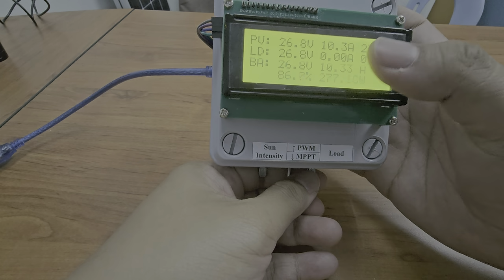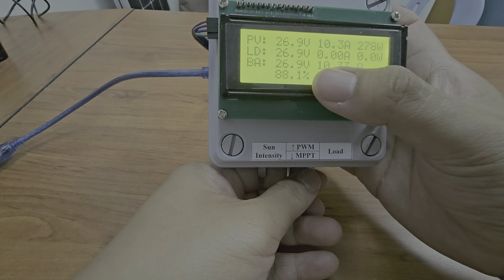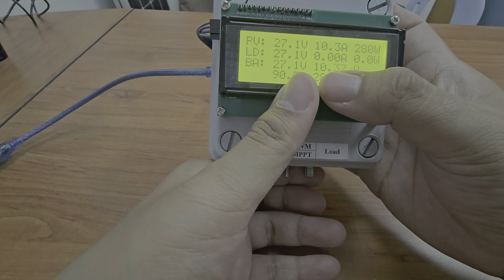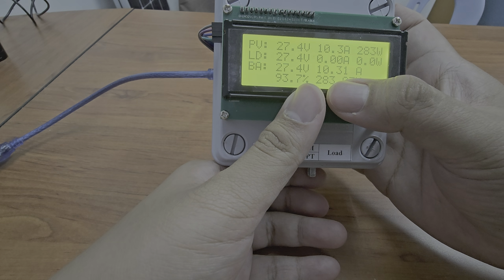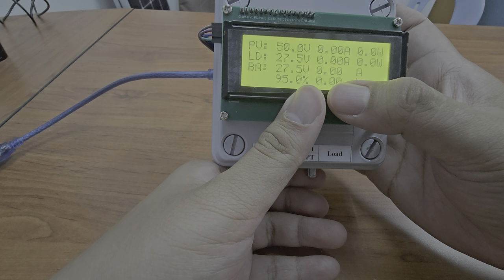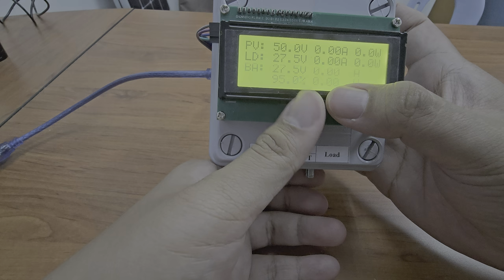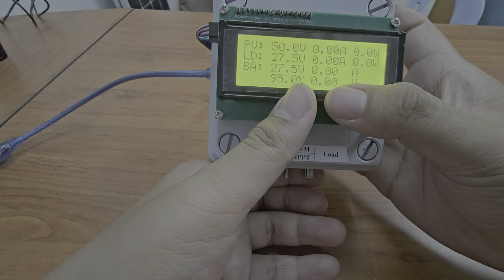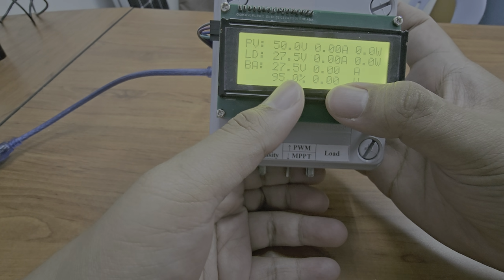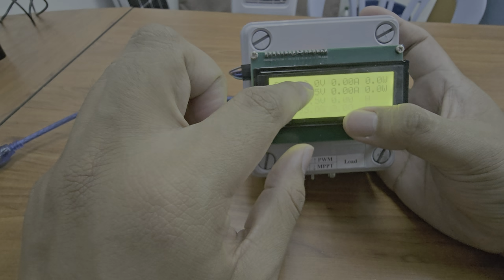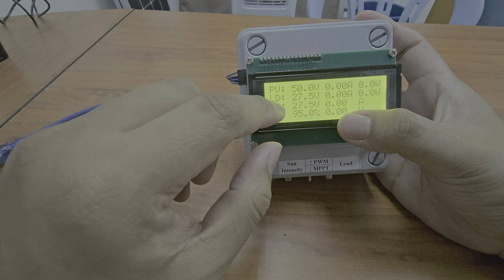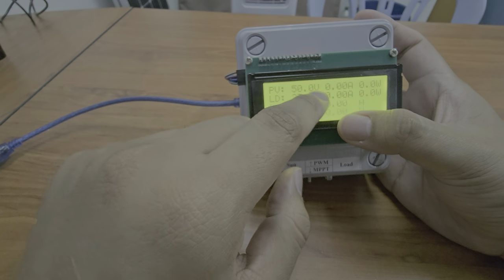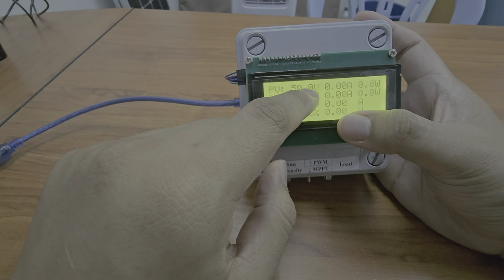What happened is, I want to show what happens when the battery is full. The battery is full at 95%. Why do we set it like that? Because we don't want to damage the battery. Basically it needs to be lower, but in this case I set it to 95%. So what happens after 95%? Basically the PV switch will be turned open. When it is open, it becomes VOC,